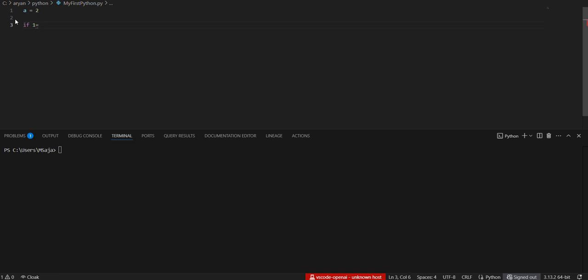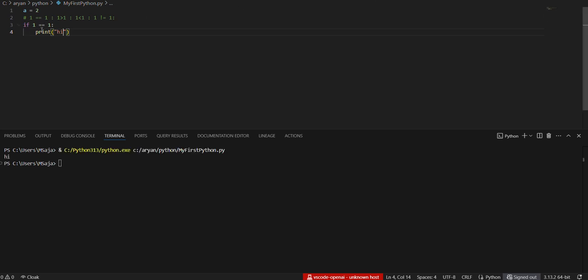Whenever we write if, else, while, whatever's inside them, like if 1 is equal to 1, remember two equals. I'm going to keep that so you can remember how it's formatted. See, it automatically indents because whenever you do if and your condition, you always have to have a tab. Never forget that. Print, parentheses because you're writing text, hi. So is 1 equal to 1? Obviously. What if we do this? If 1 is greater than 1,